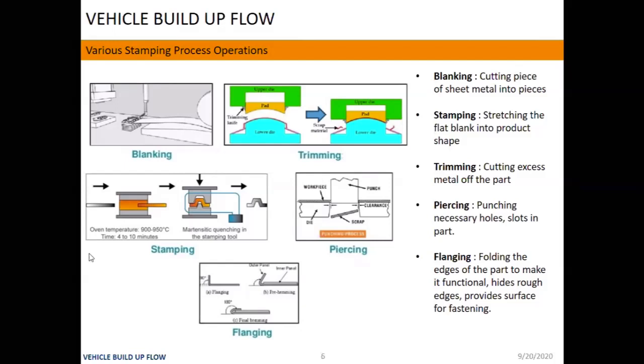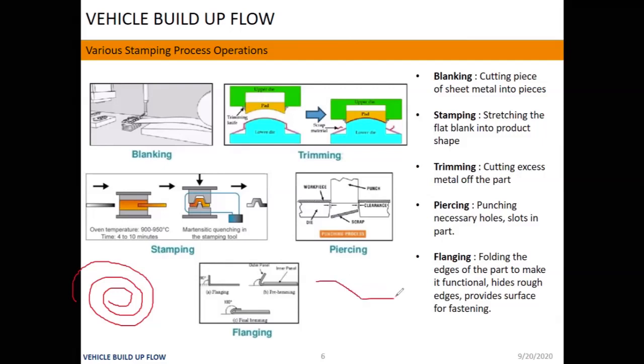First of all, as a raw material, we will have a coil of sheet metal. But I want to create a simple part, a simple conical part like this. So I will first measure how much material is required to have such a final part. According to that, I will cut the part, and that is called blanking. Blanking means cutting the sheet metal into different pieces.